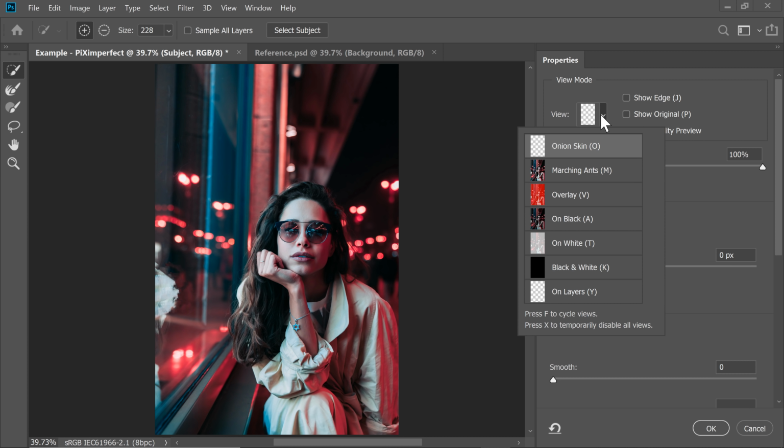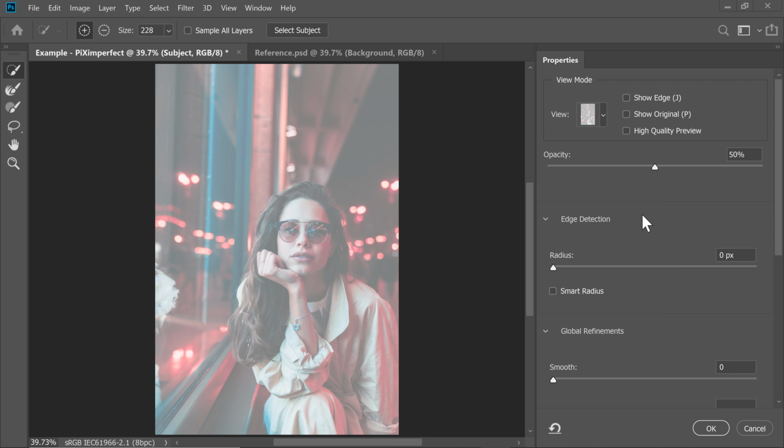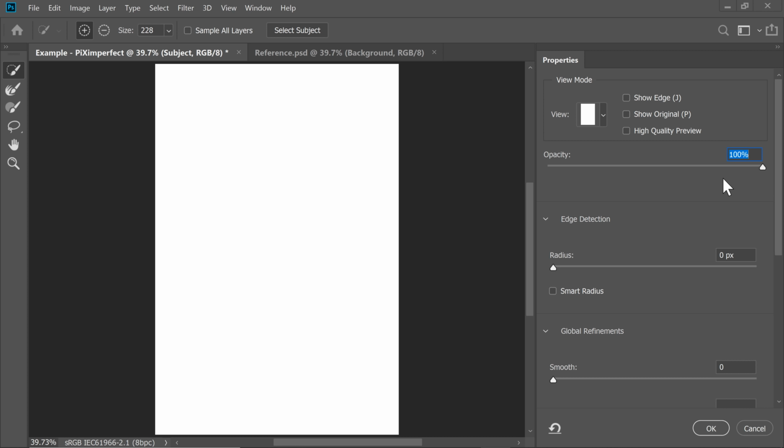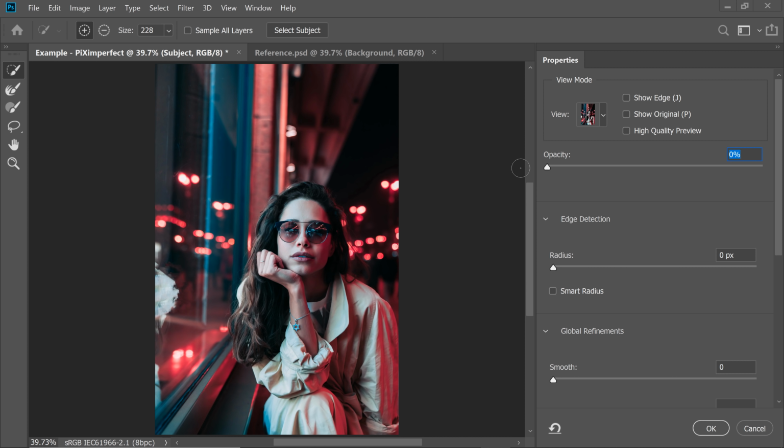Let's change the view to On White. When you have set it to On White, and if you increase the opacity all the way to 100%, only the selected areas will show up. Everything else will be white. Right now, nothing is selected, so it's showing all white. If you take the opacity all the way to the left, everything will show up irrespective of what is selected